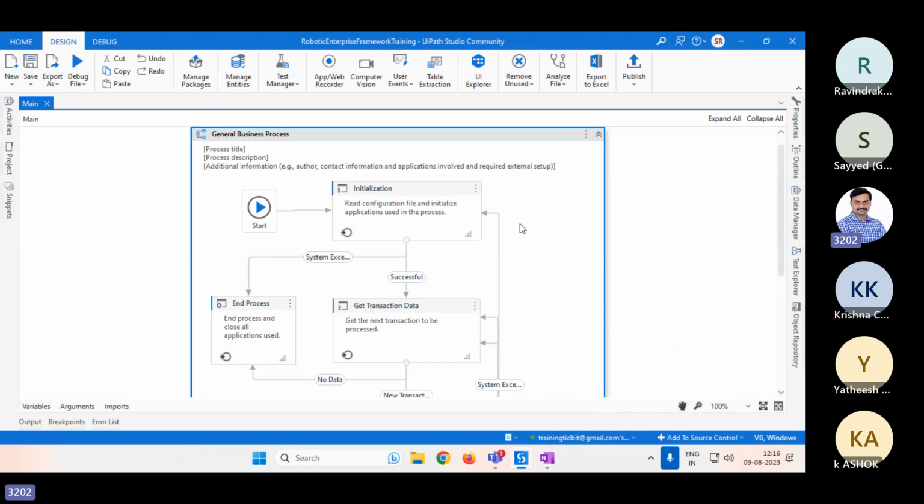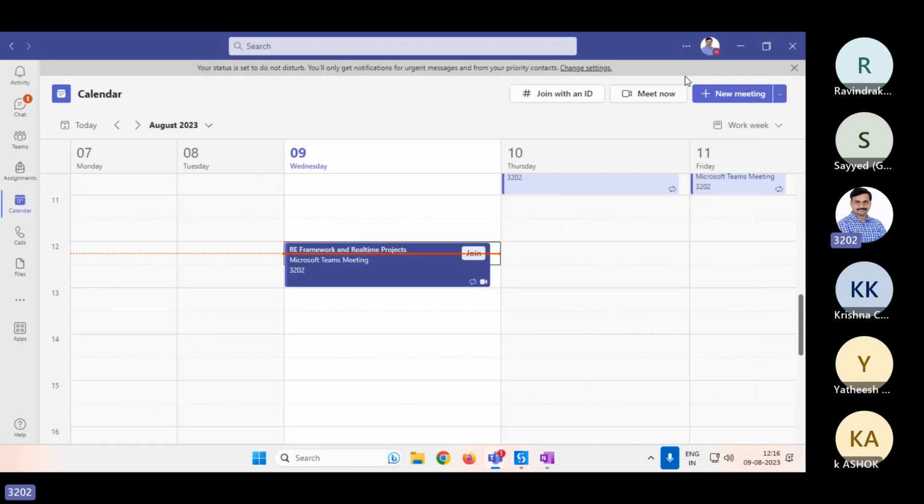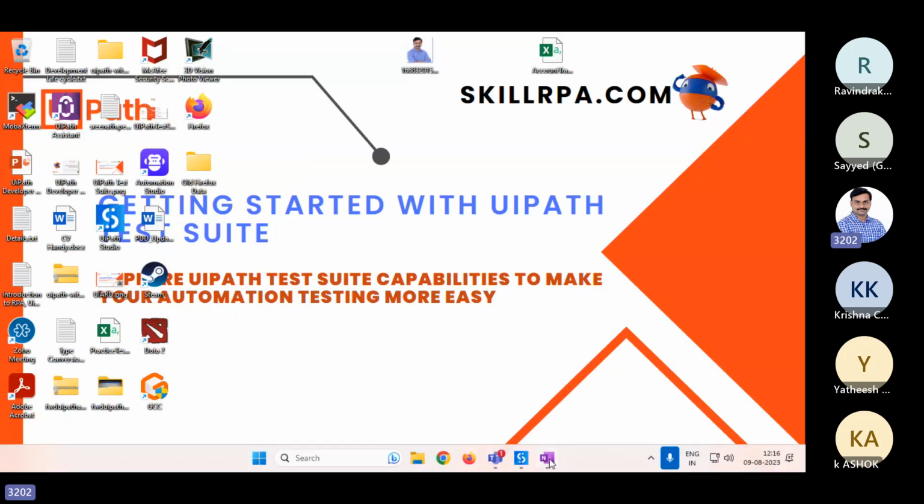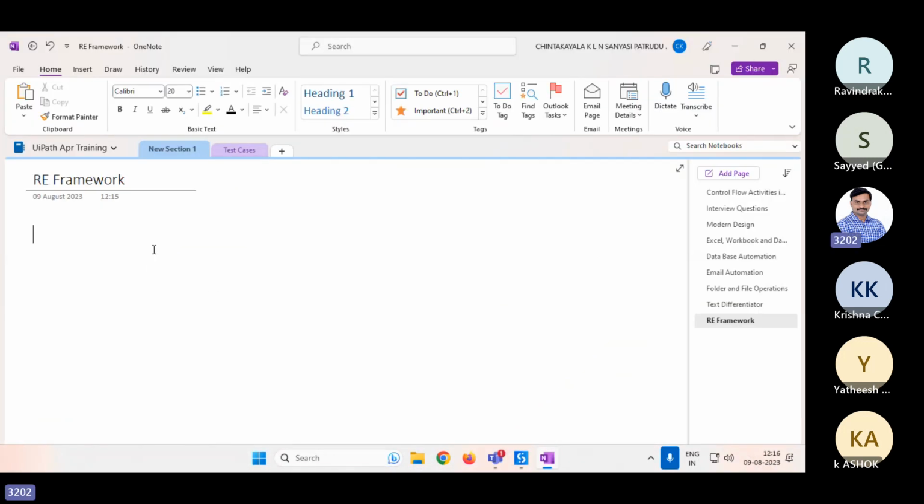Before we jump into the architecture of the RE framework, let us first understand a few things. What is the RE framework? Before going for the RE framework, what is a framework? What do you mean by framework? Framework is nothing but